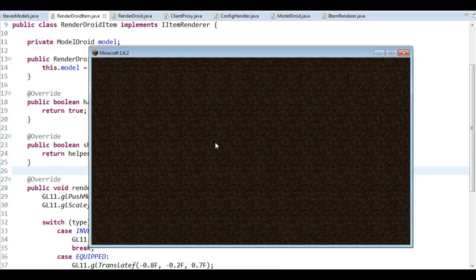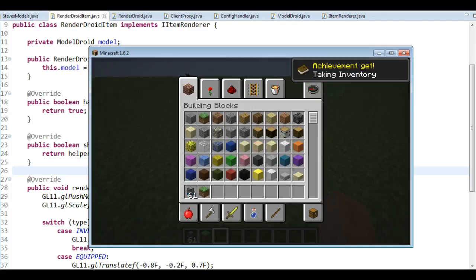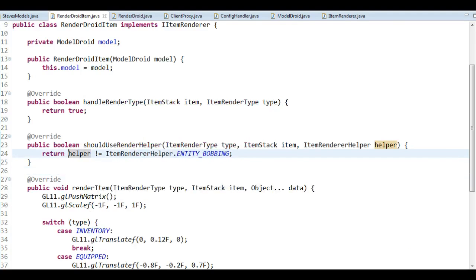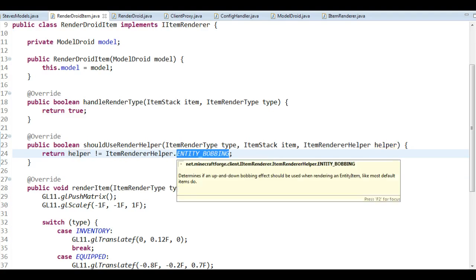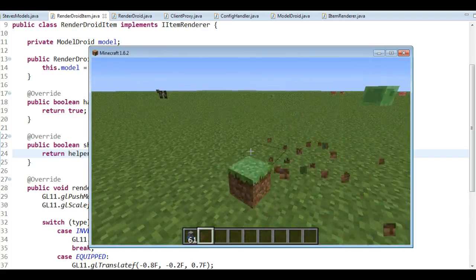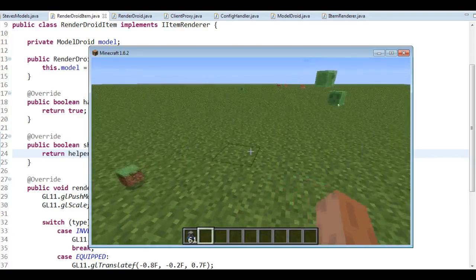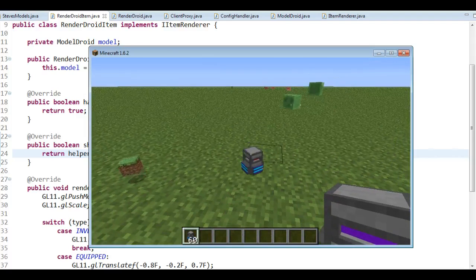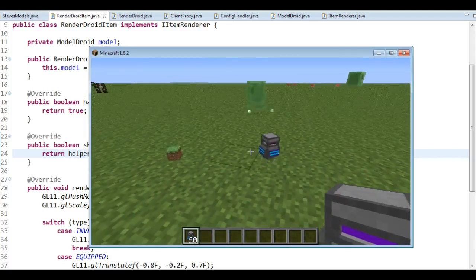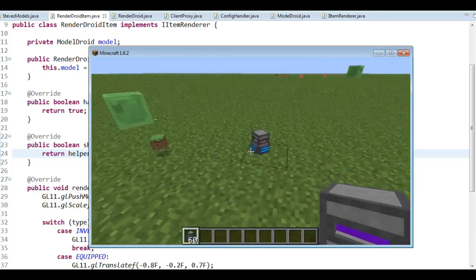Right, so what's happening here is basically that we define which helper thing is to be used, and what I basically did here was to say, alright, return true unless this is the entity bobbing thingy. And what entity bobbing means is that when we drop an item on the ground, it's going to go up and down a bit in that animation there. But if I have disabled that one, if I drop this here, it's still going to spin, but as you can see, it's not going up and down. It's glitching a bit up and down there. I don't know exactly why, but the bobbing that it has in the rendering there is gone,